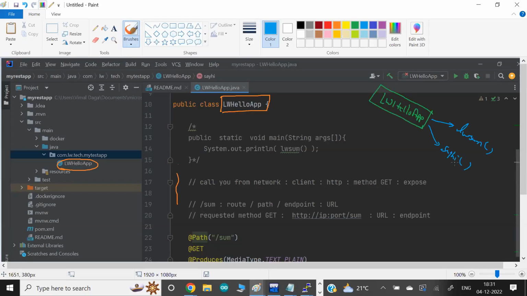Okay, but we might have one more source code file. We might have some more source code here. Let's say maybe admin app, for example. So we have one more source code. Let's say the source code is called admin app, or admin program file, or admin class, same thing.